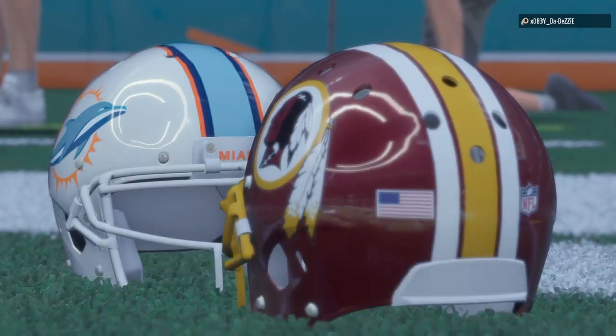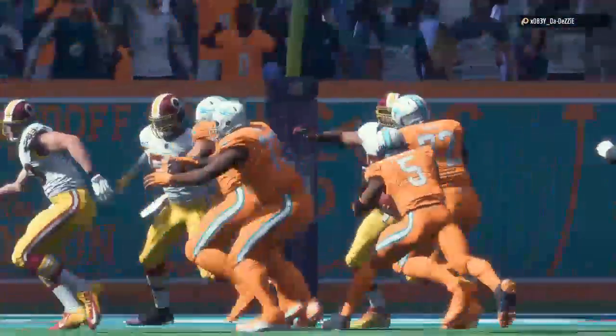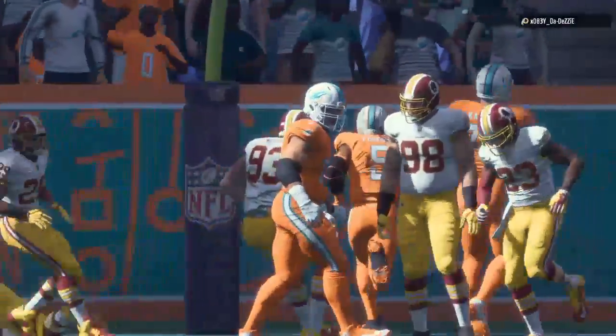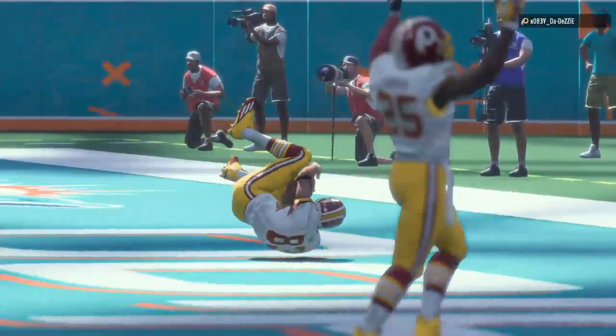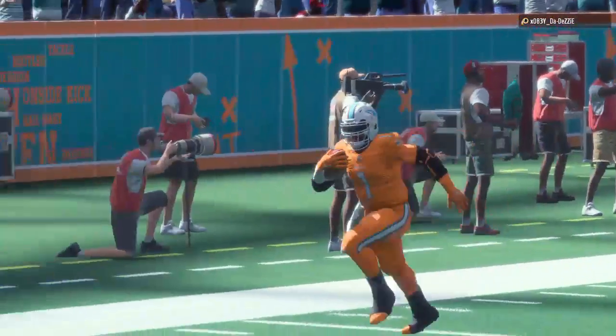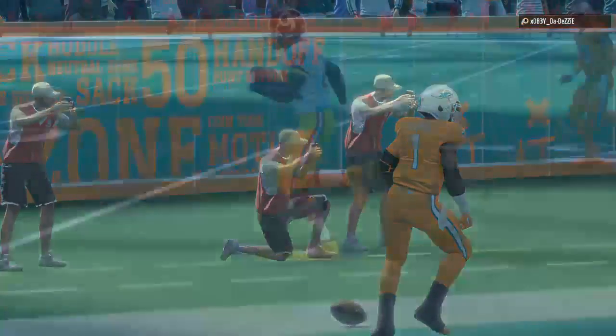So for Washington, it's a big win here as they move to 11-4 now in the year. And they'll return home next week to take on the New Orleans Saints. Meanwhile, for the Dolphins, it's a loss that could wind up hurting a little as they fall now to 11-4. And they'll try to get back on track next week as they head to Dallas to take on